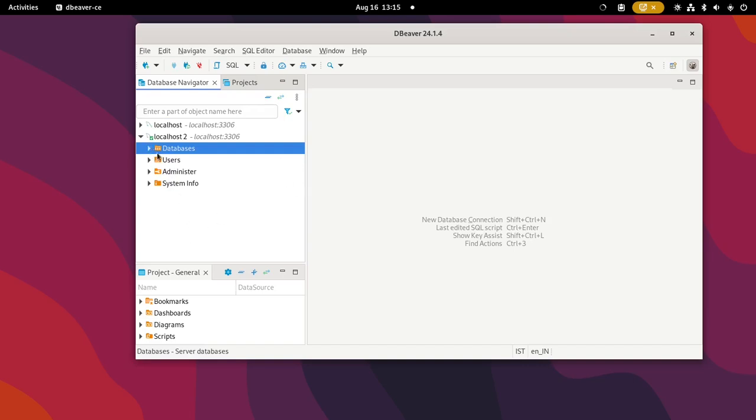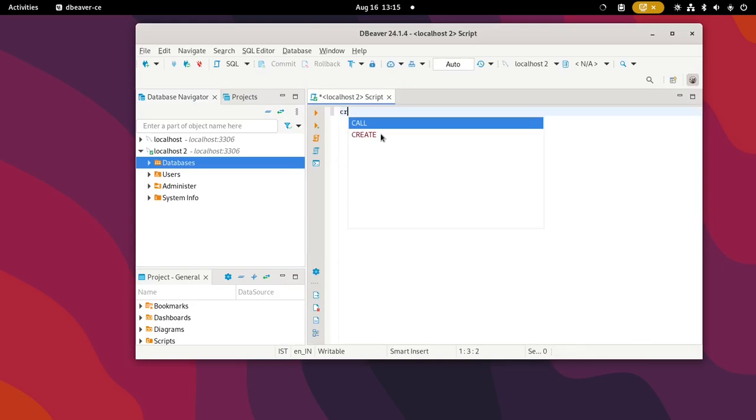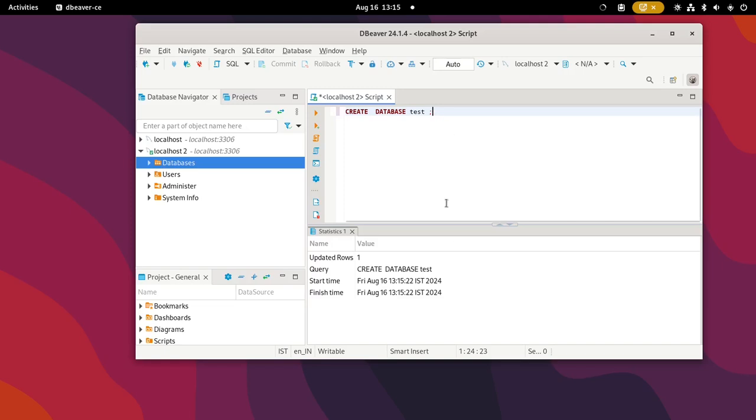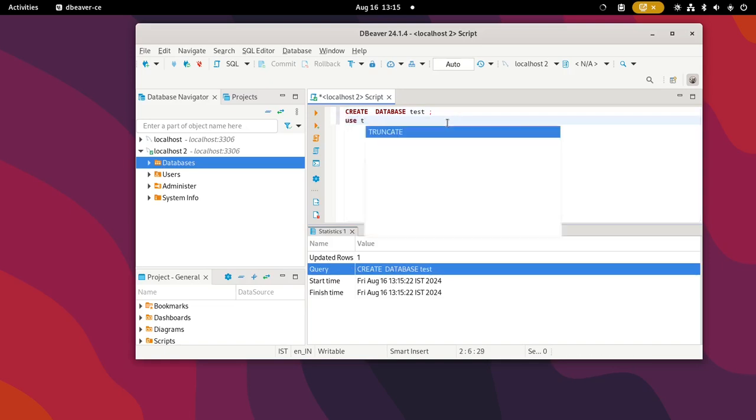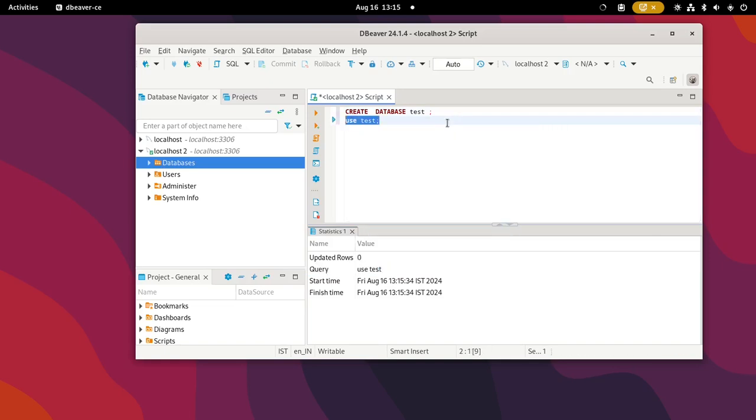Now if I want to create a new database, I'll go here, and I can do it from here also, but I will say create database test, hit enter, and it is created. After that I'll say use test, select, press enter. So now it is using test, and create table users, with user id, just id int,